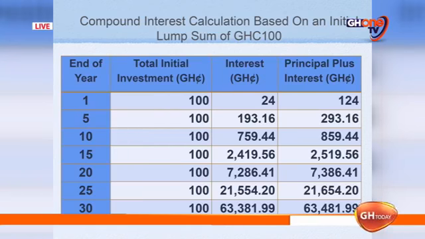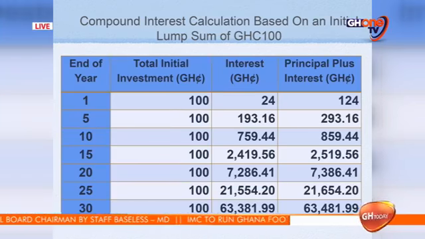But when we use compound interest, on the same 100 cedis, in 30 years, the interest alone is 63,381 cedis 99 pesewas. So when we add that to our principal of 100 cedis, we'll end up with 63,481 cedis 99 pesewas. Simple interest, in 30 years, we are making 820 cedis. Compound interest, same 30 years,